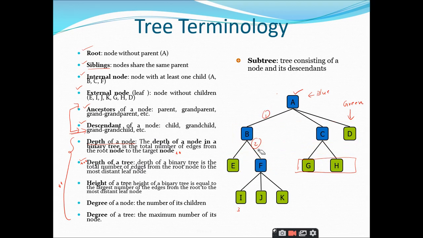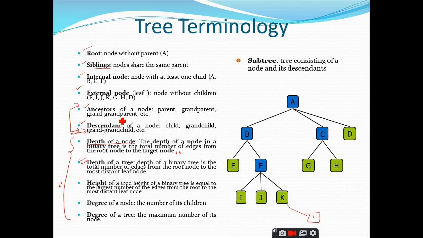Why? Because as you can see that the last leaf node that we can find here is either I, J or K, right? So if I find the depth of this I, J or K, that will be equal to the depth of a tree. For example, I have another node like this. Now tell me what is the depth of the tree. 4, sir. It will become 4. Why? Because the maximum node's depth in a tree can become the depth of a tree. That's it. Simple thing. Right.